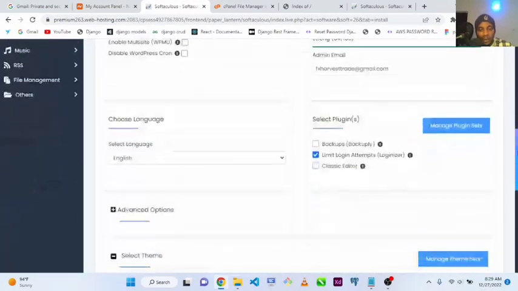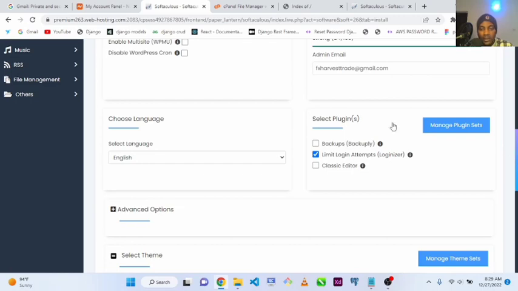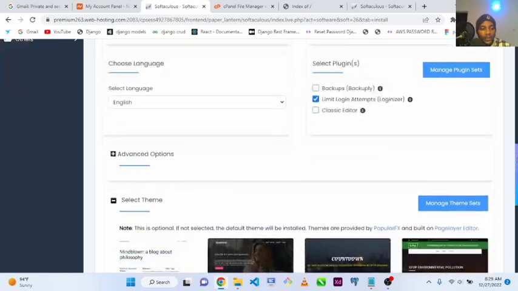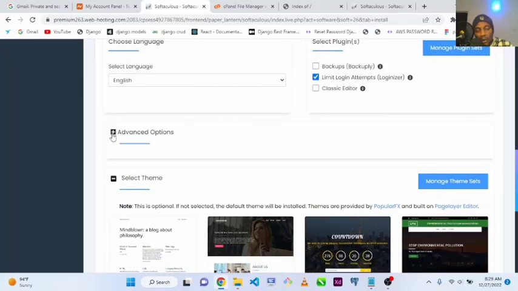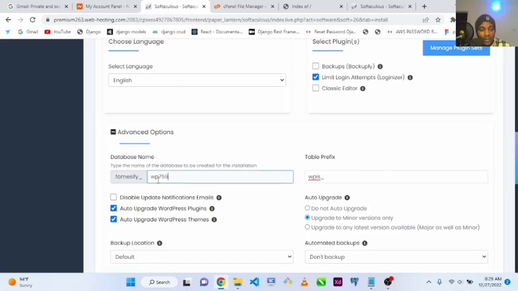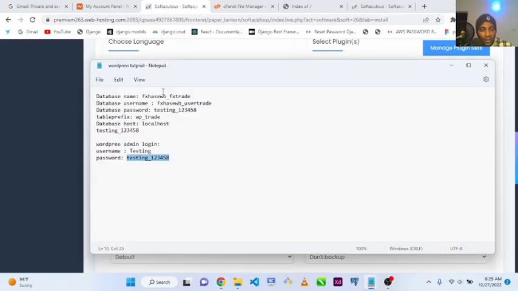And what else am I needing? So backup daily, you can select this plugin, you can leave it the way it is. Click on advanced options to set your database. And database is very important in you building your own website. If you don't have a database set up, you won't be able to create your own website, right? So now all you need to do is click on advanced, and your database, I will just select it to